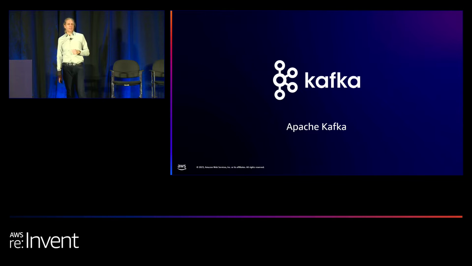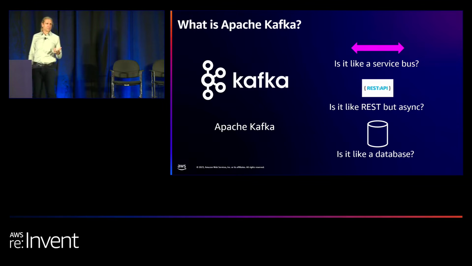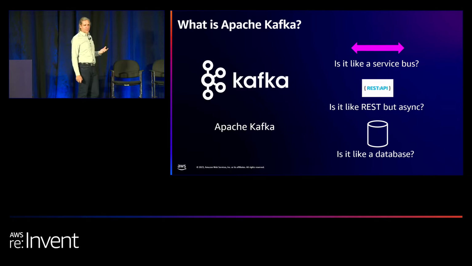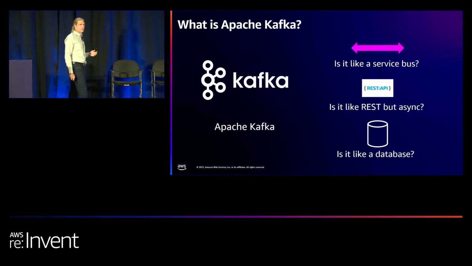So just looking on the Apache Kafka side. I sometimes think that Kafka's got a bit of an identity crisis, because is it an enterprise service bus? That's what a lot of customers have used it for, for many, many years, as a place to store all their events. But then some people think of it as a place to put data via a REST call, but then process the data afterwards asynchronously. And also, some people use it in a bit of a database way where you can query data from a particular site, from a particular time.